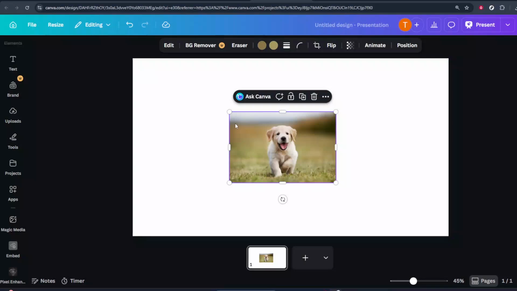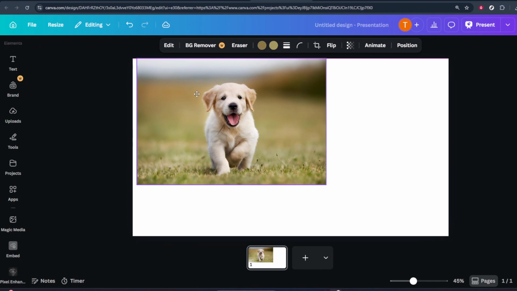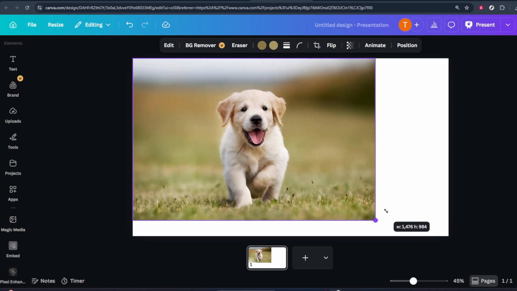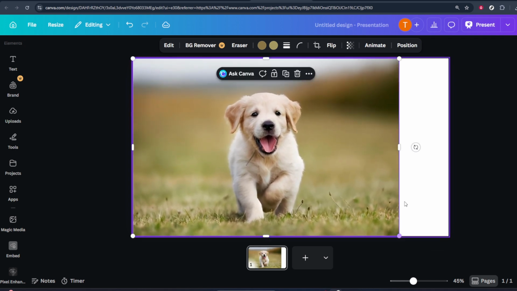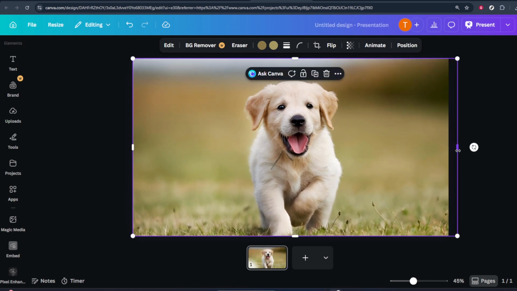In today's video, I'm going to teach you how to reset Canva Background Remover. If you've ever removed the background from an image in Canva and then changed your mind, or maybe you erased a little too much, this tutorial will show you exactly how to get your original image back without starting all over again. We'll walk through two simple ways to undo the background removal, so you can quickly fix mistakes and